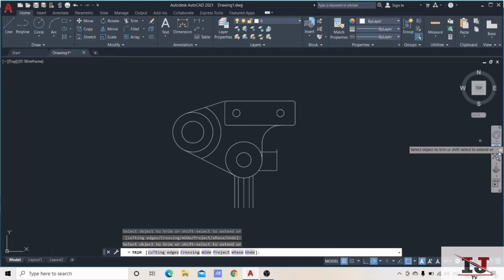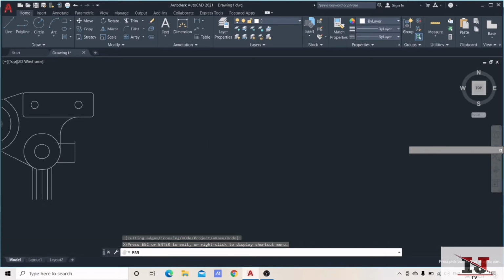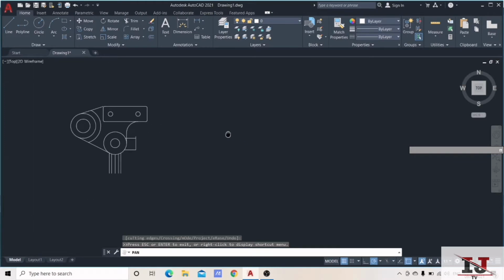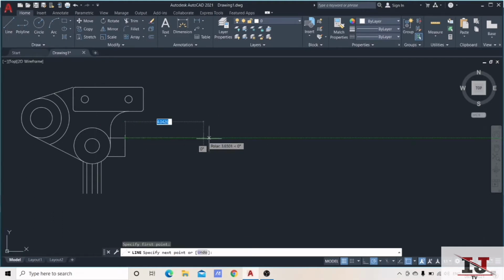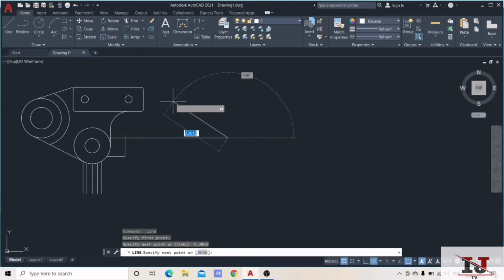Okay, and then for the continuation, let me first fix my view. Okay, and then for the next step, we are going to create a line having the length of 5.5 3062. Press enter. And then for the next line we have